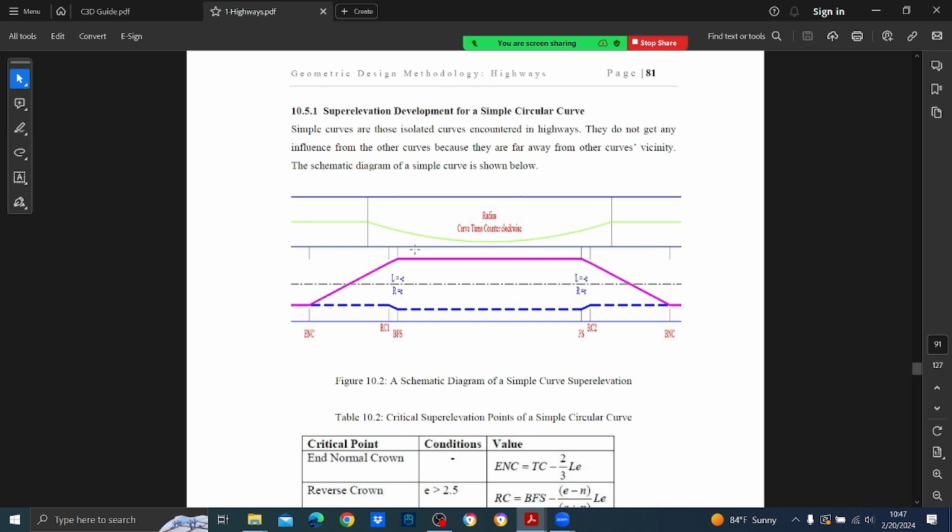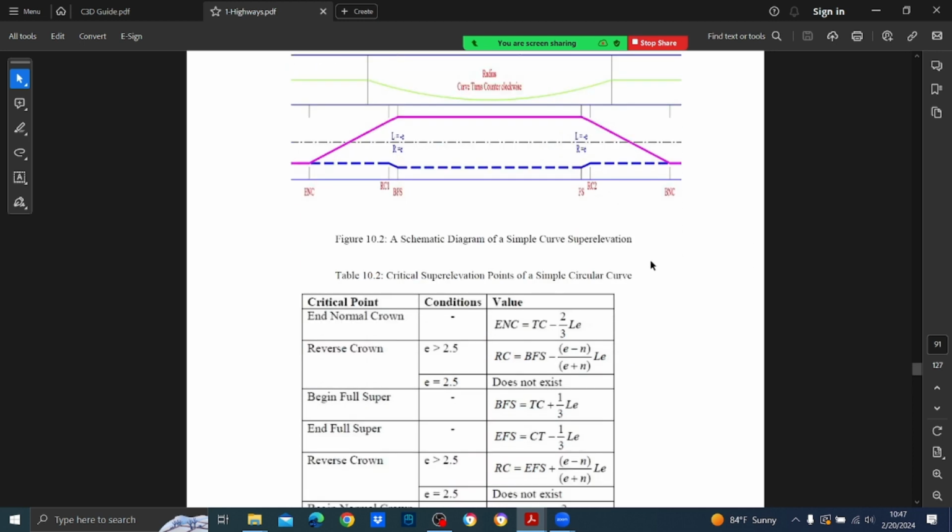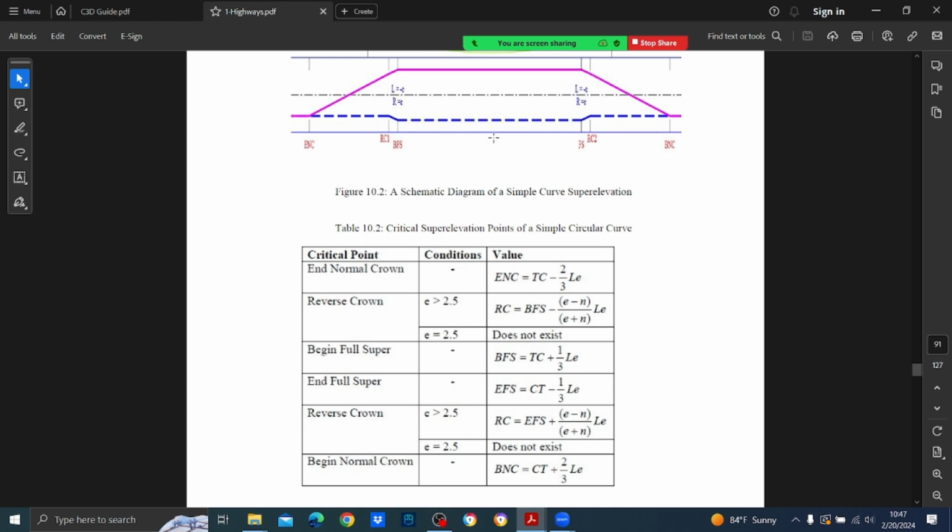From minus 2.5 to some value, this can be whatever is greater than 2.5. If it is 2.5, it is coming here. There is no such shape, because then on the RHS side there will be no reverse crown like this. But if it's greater than 2.5, of course you are going to get a reverse crown like this. So these are the equations to calculate these critical points,